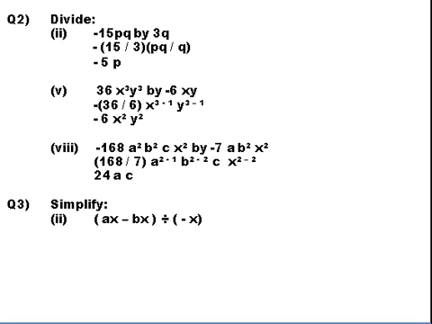Moving ahead with question number 3, wherein we have to simplify. This time the dividend has a binomial. In question number 1 and in question number 2, we were having only monomials. That means a single term was there in the dividend. This time if you see the dividend, we have ax minus bx, means two terms are there. And we are going to divide by a single term, that is by a monomial, and that is minus x. Because only the divisor is negative, the result will be negative.